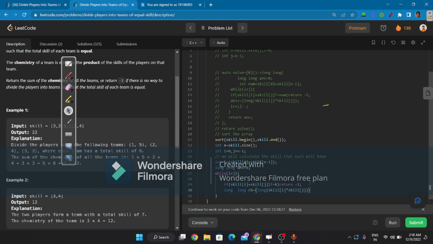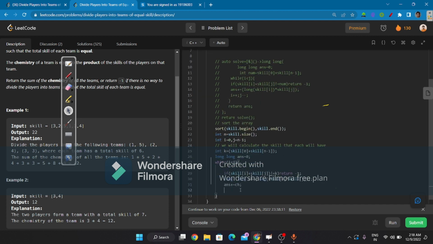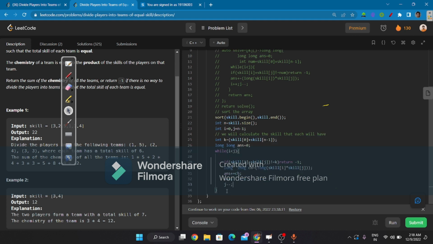Okay, and you have to add this chemistry to your answer, and finally you have to increase the starting pointer as well as decrease the one we have put at the ending. And after coming out of the for loop, just return your answer. Okay,